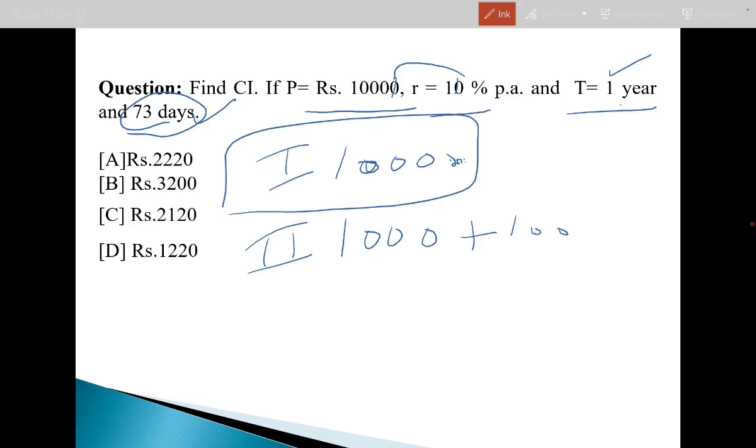So basically, as a compound interest for this question for 2 years, in the first year you are getting 1,000, and for the second particular year you are getting 1,100 rupees as interest in total, right? But since you have to give interest for only 73 days out of 365 days, so basically 1/5